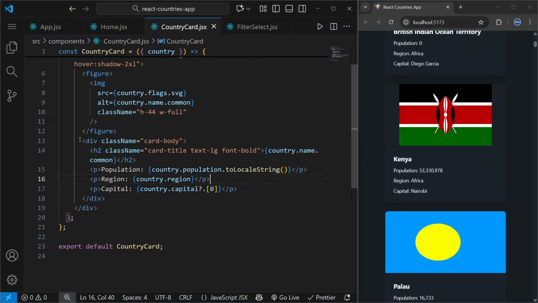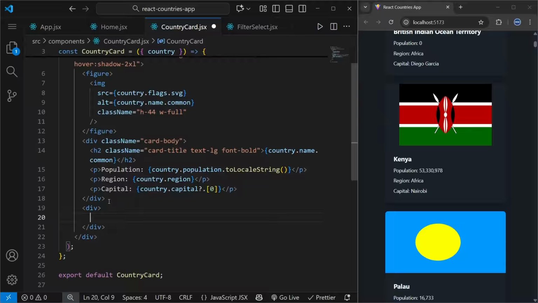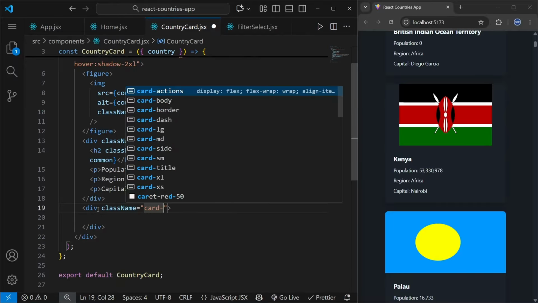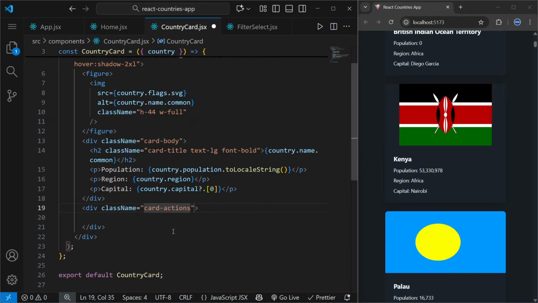Okay, and under this div we can create another div. So here let's say that we will have a div, and here we just want to display our button, which will be details. So when we click it, we will get additional info about a particular country that we are interested in. So to this div, let's say that it will be card actions. It is a class from DaisyUI. Okay, the name is self-explanatory, card actions,